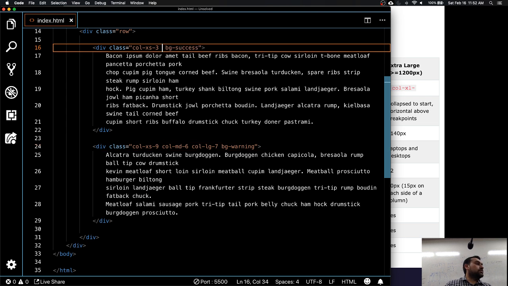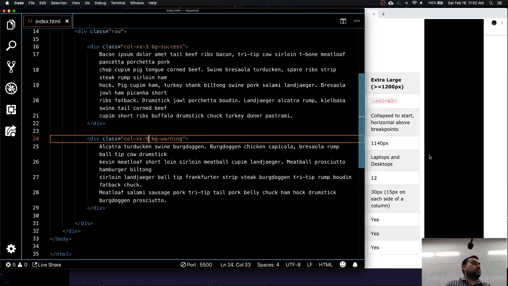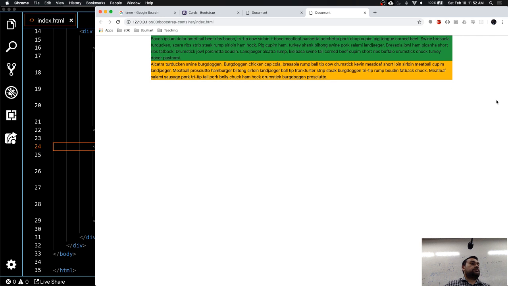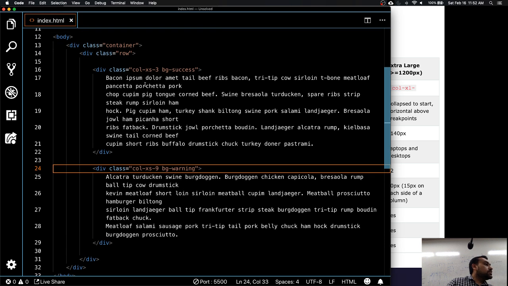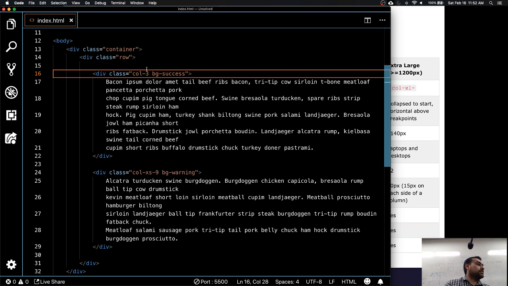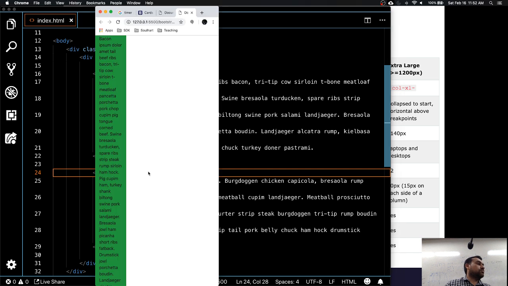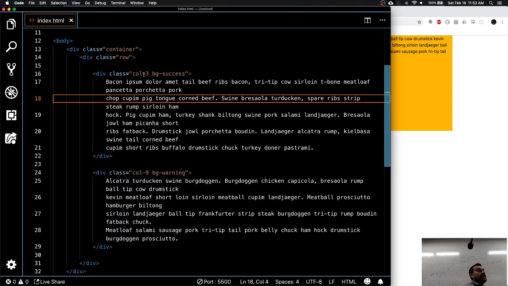Let's remove all of these. No, that didn't work. What did I miss? Oh, there's no xs. Sorry. Okay, so you see what I did? If you don't specify anything, it will take the breakpoint of XS, which is extra small.